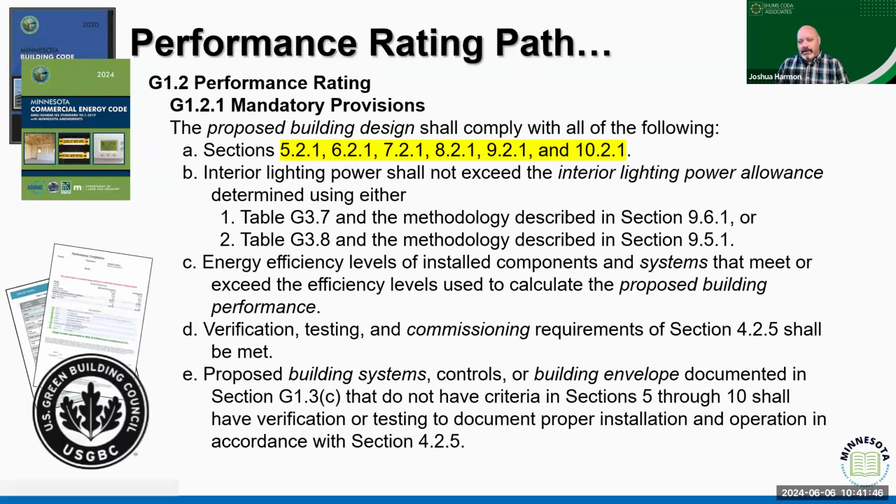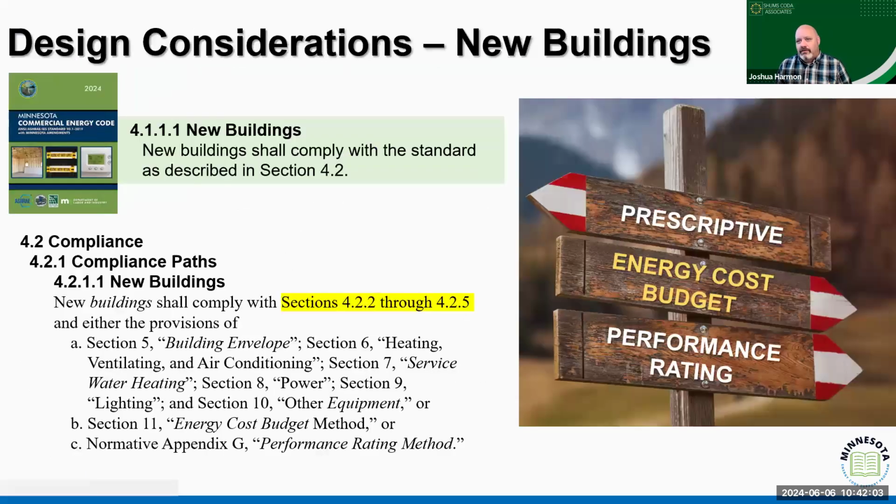And again, the same concept applies if we're looking at performance ratings under Appendix G. It gives us those same expectations as far as what sections of each of those respective 4 concepts are going to apply. And so that's where, when we think about new buildings, we're thinking about how they operate in the context of those different areas and what compliance path we're going to be utilizing.